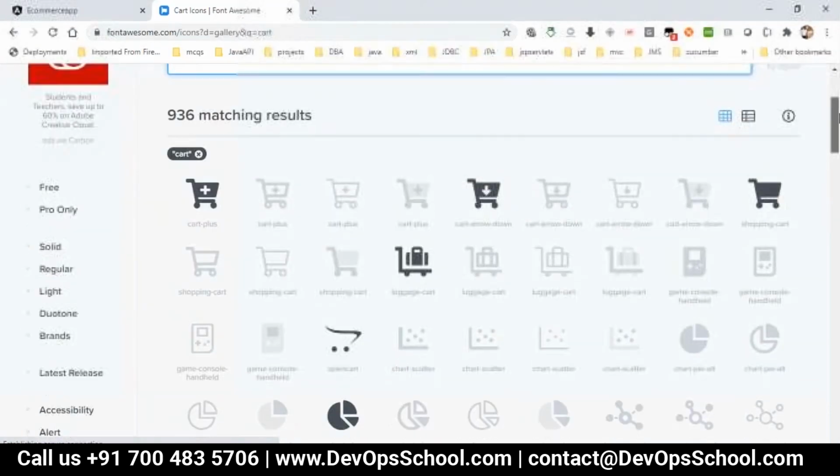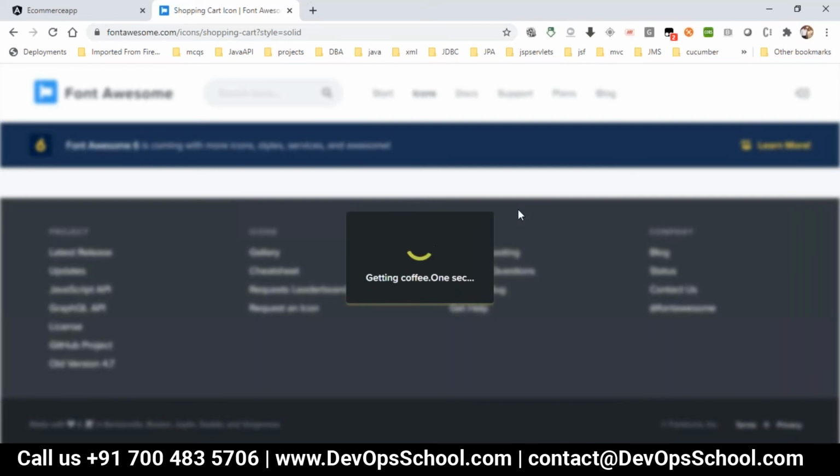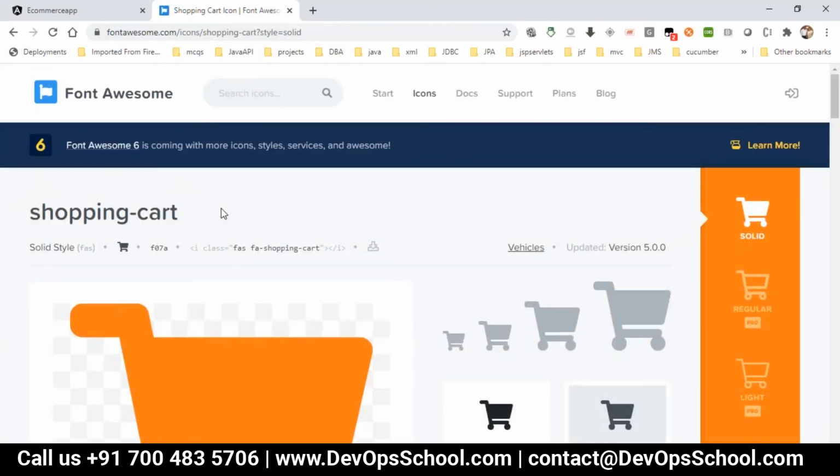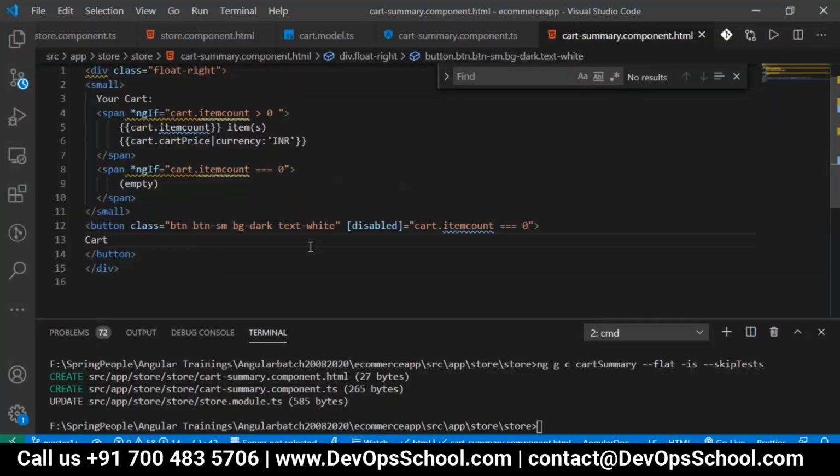It is giving different types of carts. Whichever cart you want to use is your wish. You can select it and look at the CSS for that, which is fa-shopping-cart. I will just copy this HTML which is there.